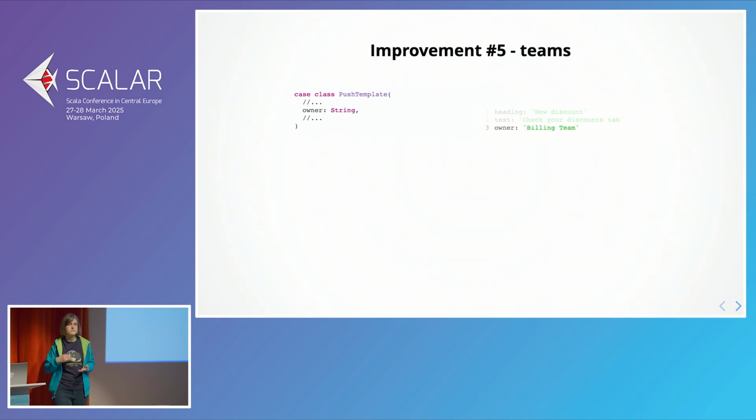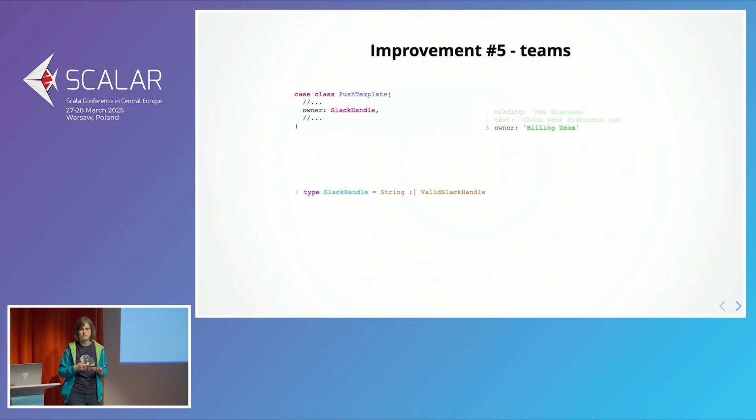And there's a very similar situation in our case with the teams. So you have the owner, and this kind of template can look correct. So the owner is the billing team. But we are saying, no, we don't want it to be correct because we want it to be more concrete with Slack handles so that later we can notify the teams whenever there's a change to their template.